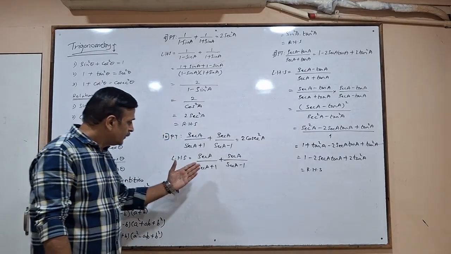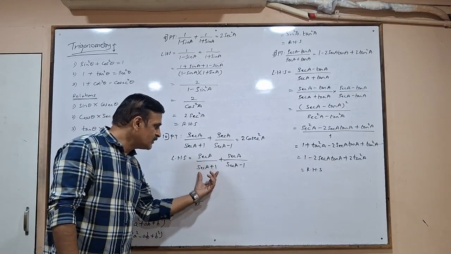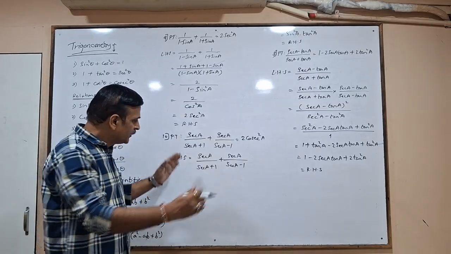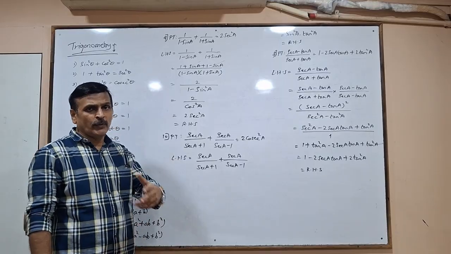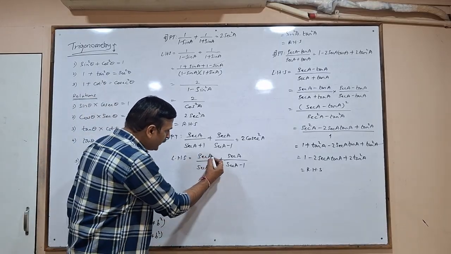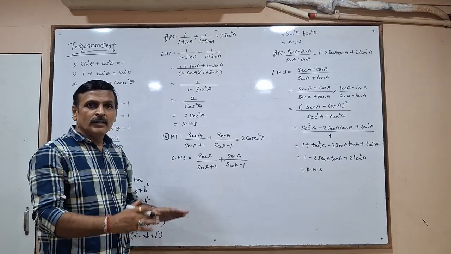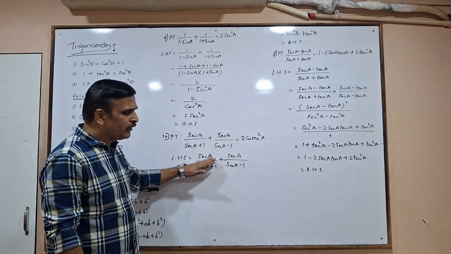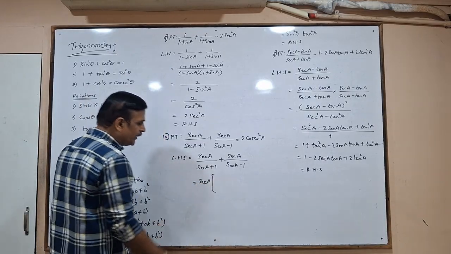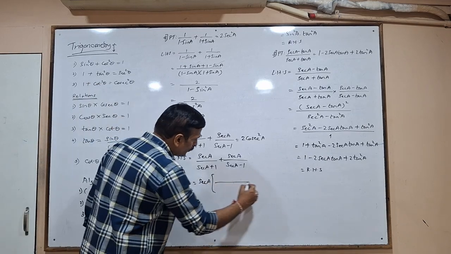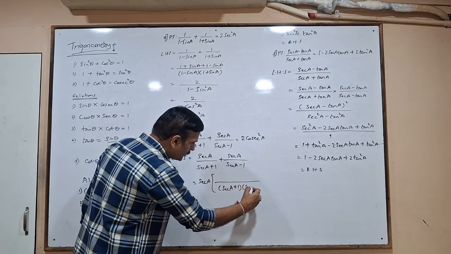What I observe here? Plus 1, minus 1. So they are of the form A plus B into A minus B. That itself tells me that I should take the LCM and write it in multiplication. So now here there are two ways you can approach. You can take sec A common at the start and then do the LCM part, or you carry on with sec A. I will prefer to take sec A in common and write everything inside the bracket. So this and this will multiply in LCM. Sec A plus 1, sec A minus 1.